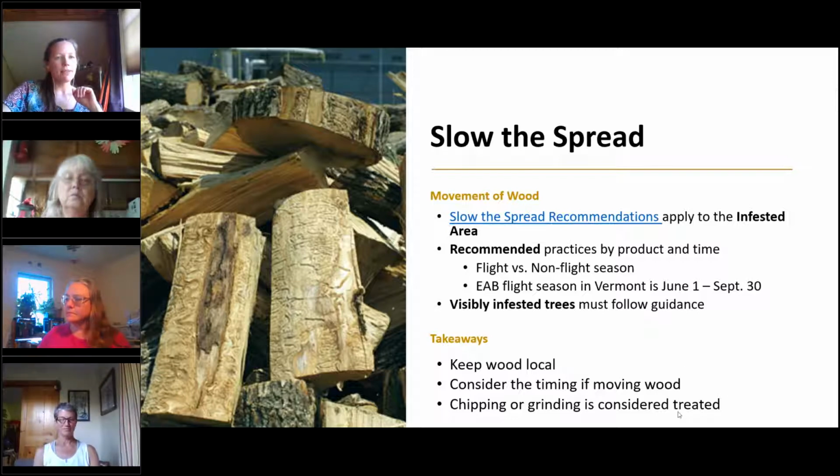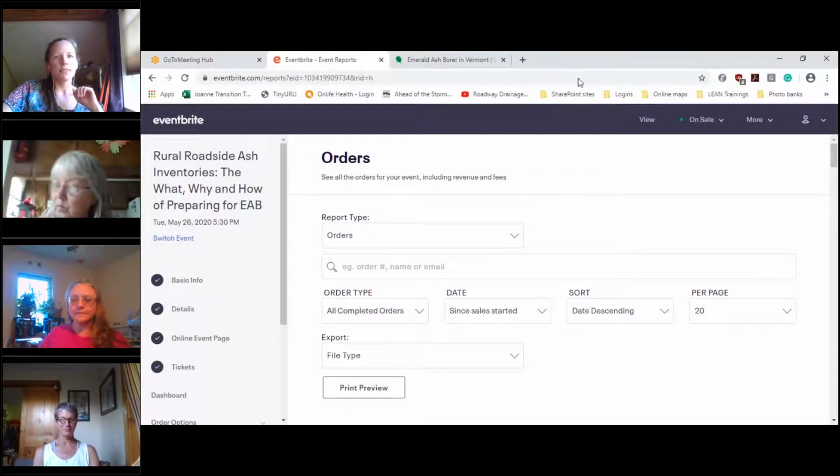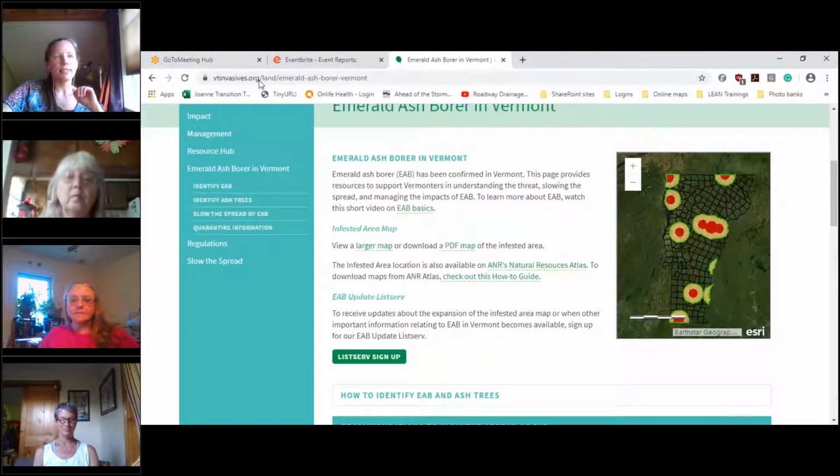These slow the spread recommendations, I'm going to try to show you just this web page quickly, change what I'm sharing on my screen. To this. Do you see a web page in front of you? Yes, okay. So this is from vtinvasives.org,